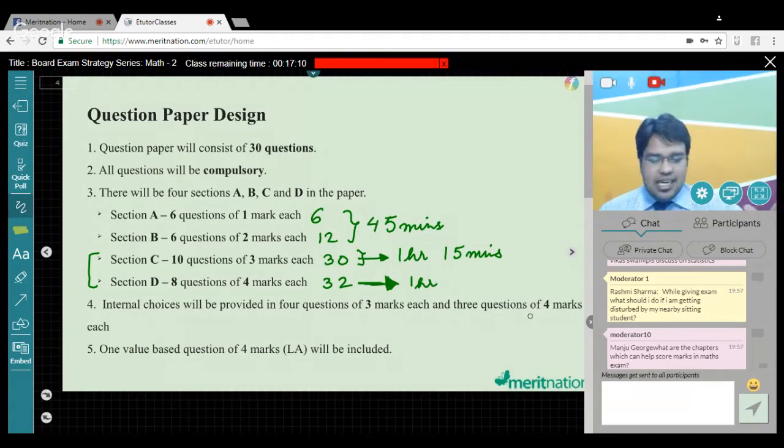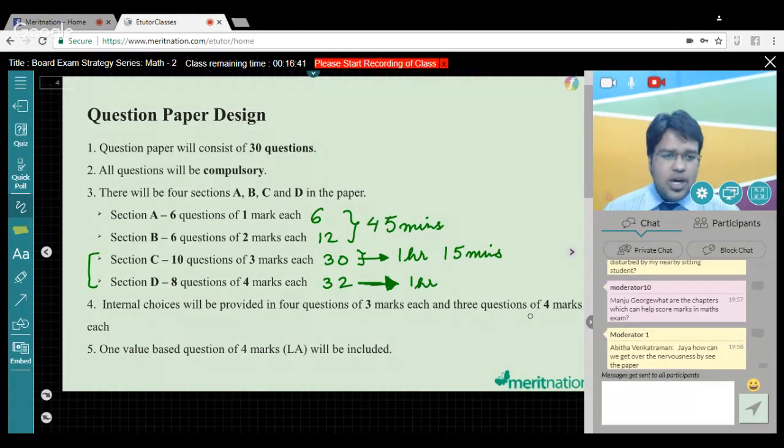The second strategy was basically that you start from section D. Some people usually feel that they want to maximize the initial 1 hour because they are fresh, right? They are ready to do the questions. So they start with section D and then they come back to C, B, and A. So you can do that as well if that's your strategy, if that's your comfort level. So do at least 2 sample papers. Try and experiment with the strategy that you start from section A or section D, right?